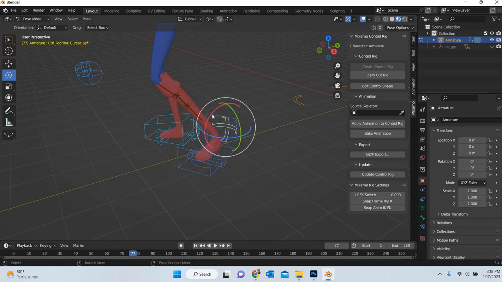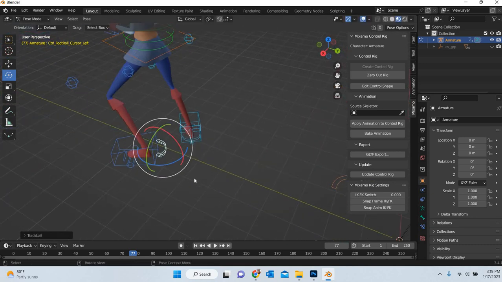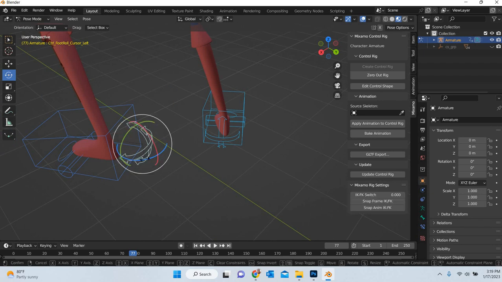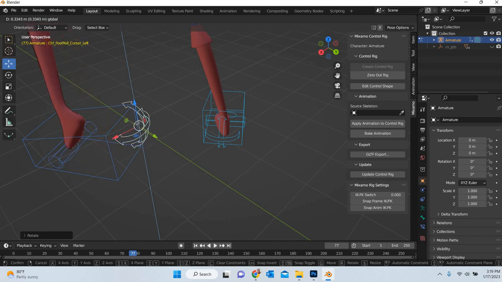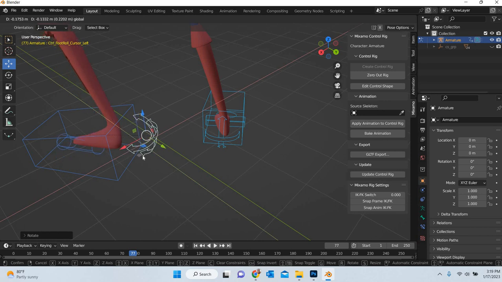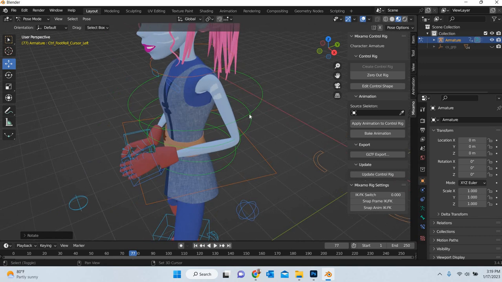Okay, and then you can look at all these different controls and what they do and how you can use them for animation. Okay, so some of the controls can be moved, some of the controls can be rotated. Okay, so you study the control rig and then you can use it